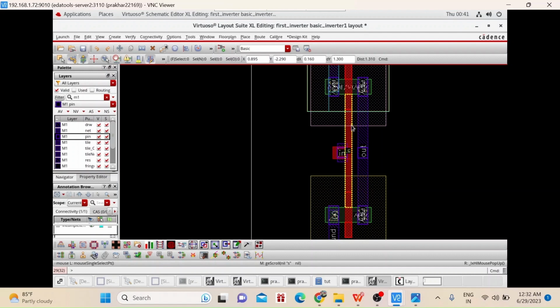So DRC is like the rule check for the circuit's layout. It is a step where the design is examined to see if it meets the required rules. These rules could be about how close components can be to each other, how wide or long the wire should be, or how much space should be between different layers of the circuit.